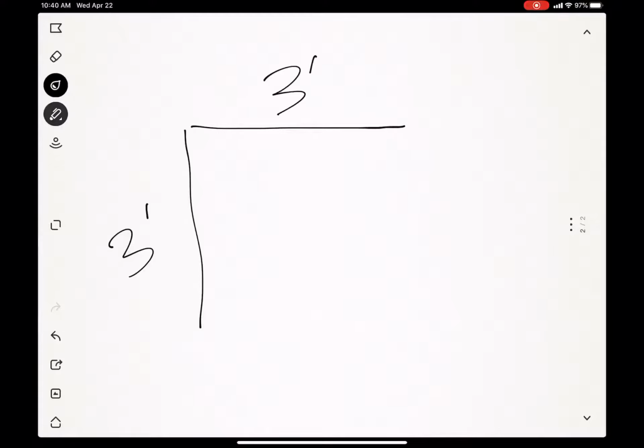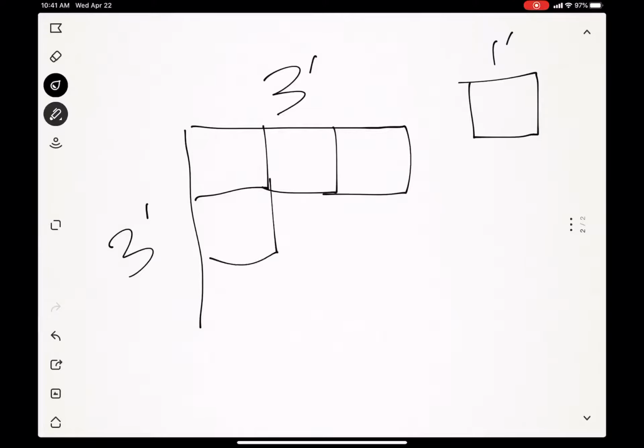Let's say that it's a square room, and one side is 3 feet long, and the other side would be 3 feet as well. Each tile is 1 square foot, right? Now, how do I get squares? I could draw out each of the tiles